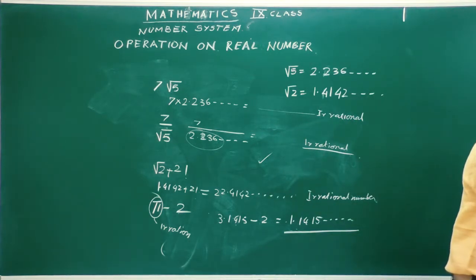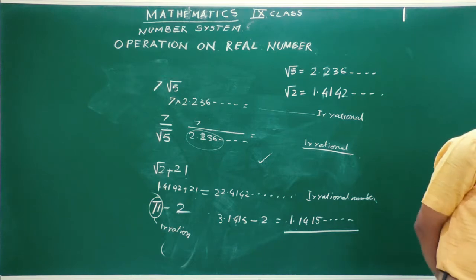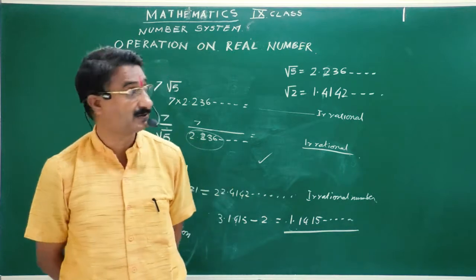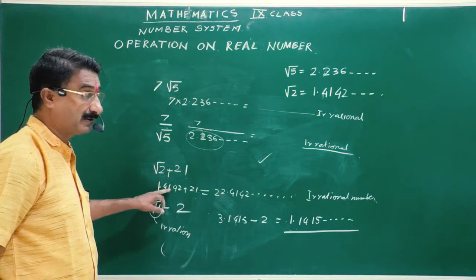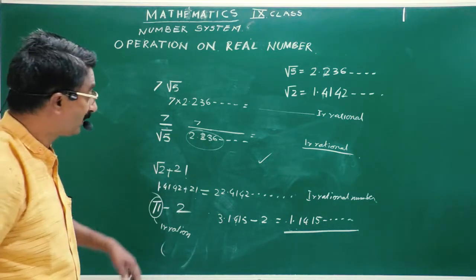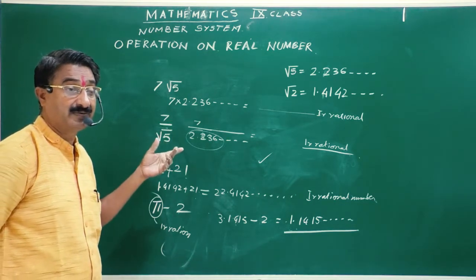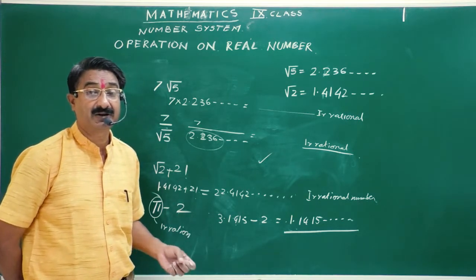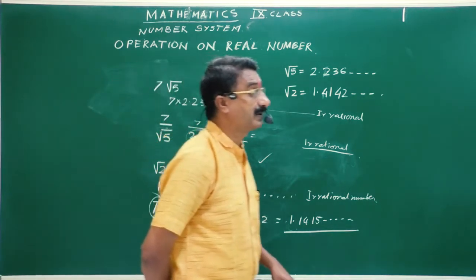The next one, we will take some points. If you want to write down, you can write down from the book. This is given on page number 19, point 1, 2, 3. First, the sum or difference of a rational number with an irrational number gives an irrational number. Second, multiplication or division of an irrational number with a rational number gives an irrational number. In the third case, if we multiply an irrational number by an irrational number, it is not defined whether you will get a rational number or an irrational number.